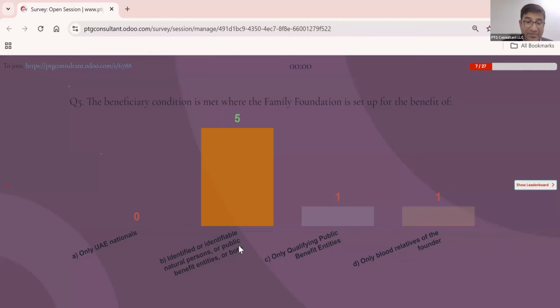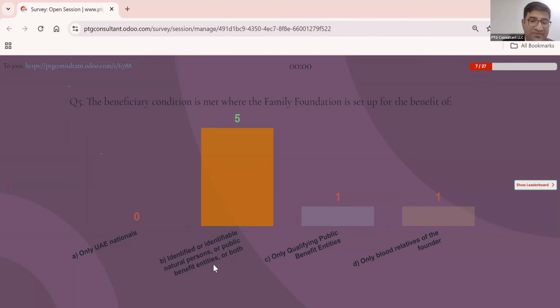They said even if the kid is not yet born, but as of today you mention the grandson, yes, this is identifiable, even if the kid may be born after 5 or 10 years. So this is the identifiable definition. They said we can identify through any reasonable or associated channel. So this is the meaning.